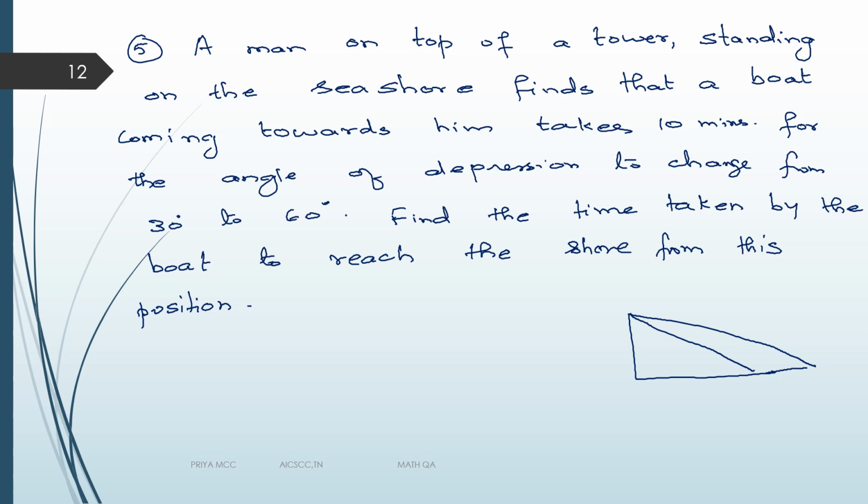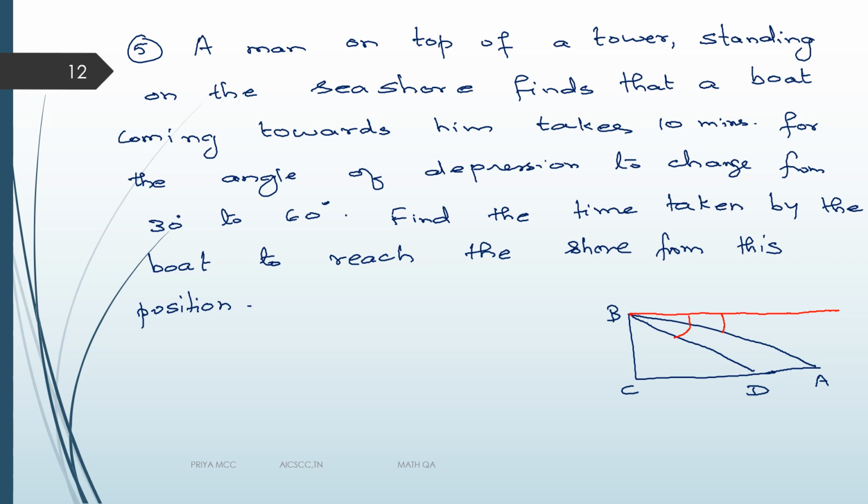Okay, see, now BC is the tower, A and D. Now actually your angle of depression goes like this. Maybe I will draw this in a different color, then you will have a better idea. You are viewing from here. So you're looking at the boat at one angle here and another angle here.